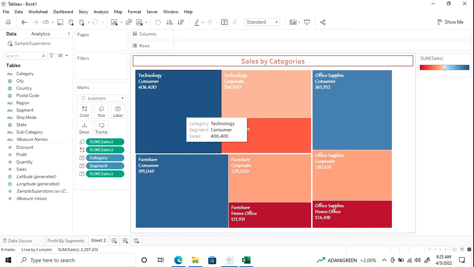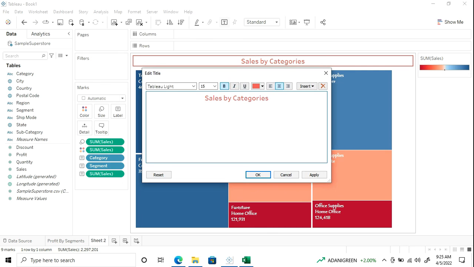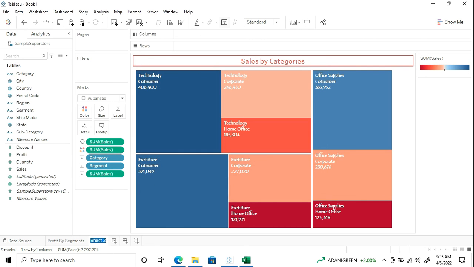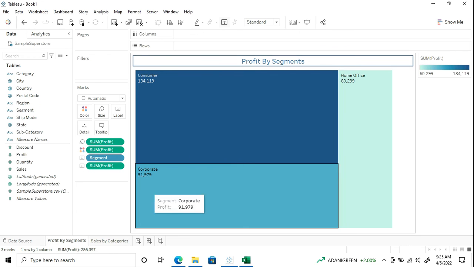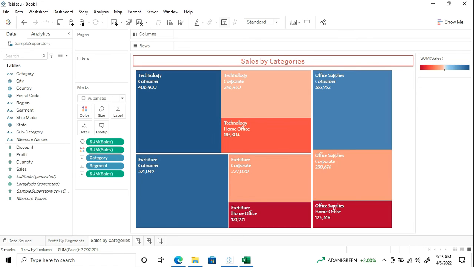So now giving the name to the sheet also. Okay, copying, paste. So we have finalized and created our tree maps, and I have shown you how you can create one by just one category, or if you want to divide your categories by subcategories, you can also do that,